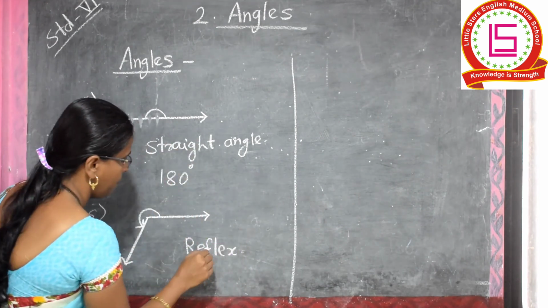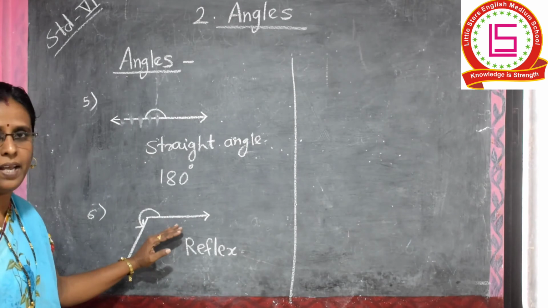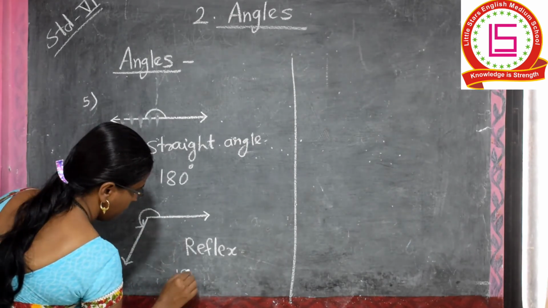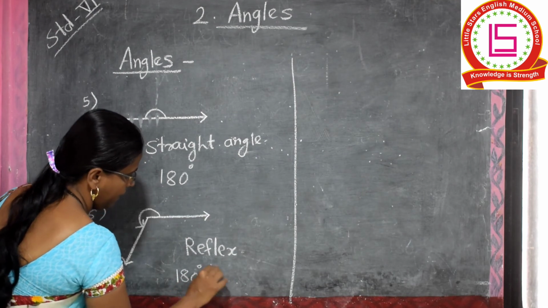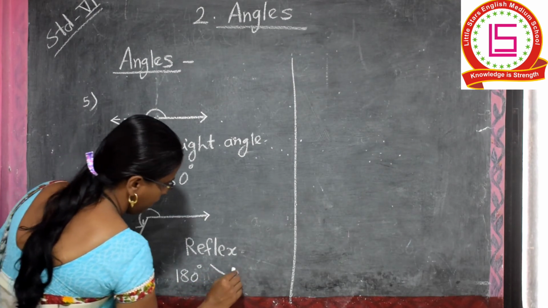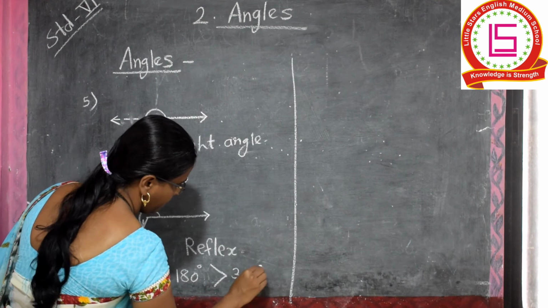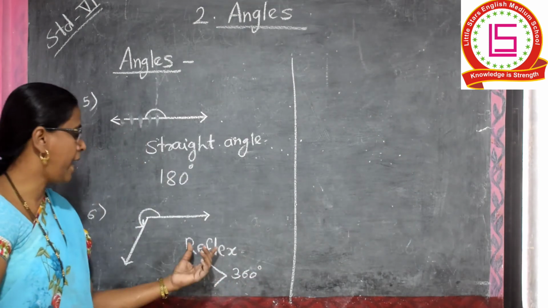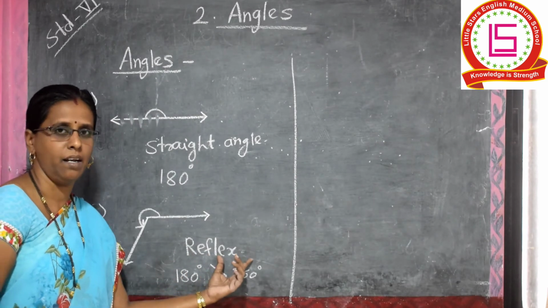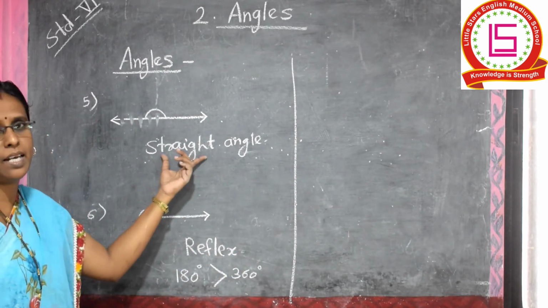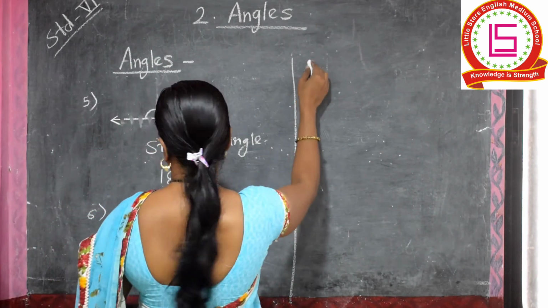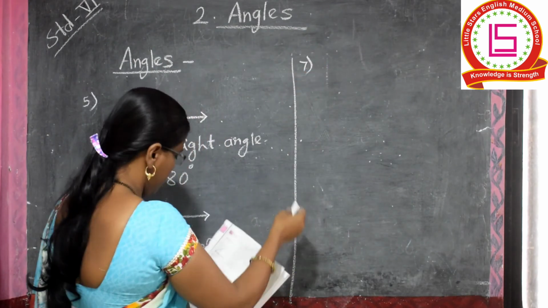Reflex angle. And the measure of this reflex angle is in between greater than 180 and less than 360 degrees. In between these two measures, the angle is called a reflex angle. Reflex angle is greater than the straight angle. And the last angle,